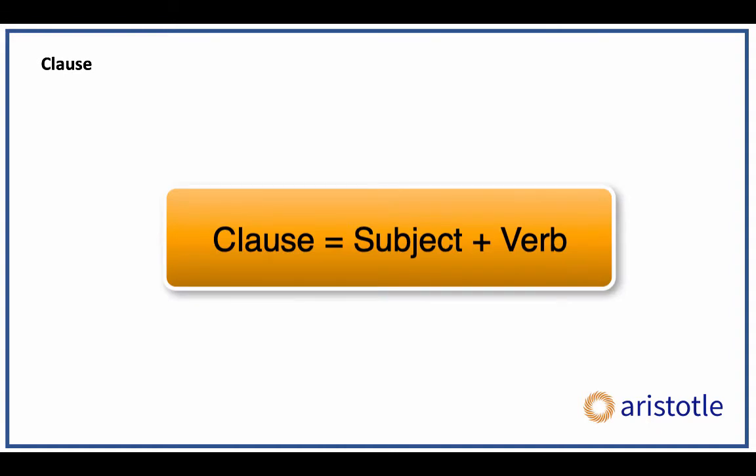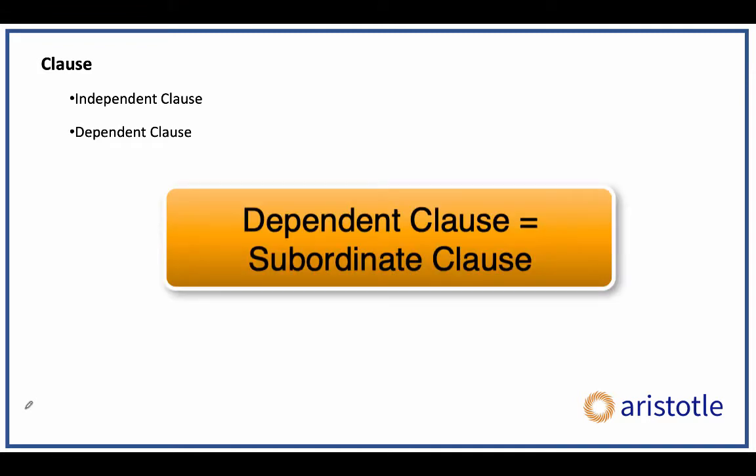Let's start by looking at what is a clause. A clause is nothing but a group of words that consists of a subject and a verb. It's not of much relevance to you, but that's basically a clause. What is of relevance to you, on the other hand, is the two types of clauses that are there: independent clause and dependent clause, which is also known as a subordinate clause. A lot of people have heard of subordinate, not dependent. They are the same thing basically.